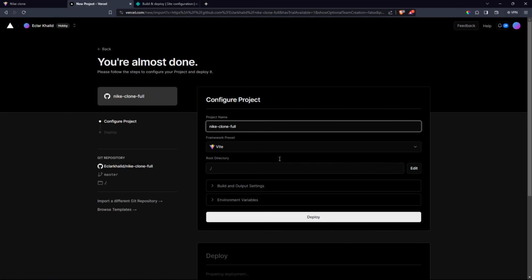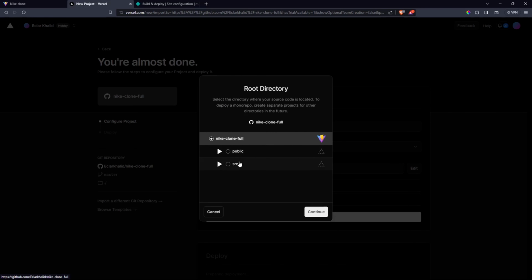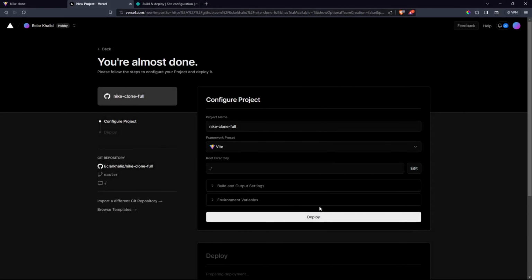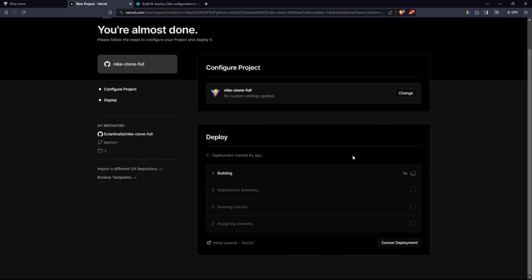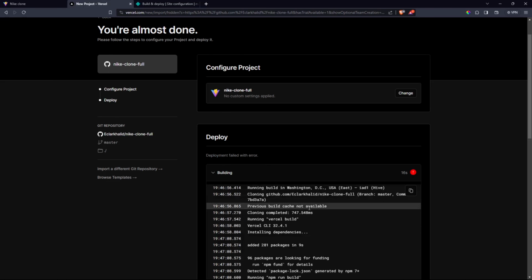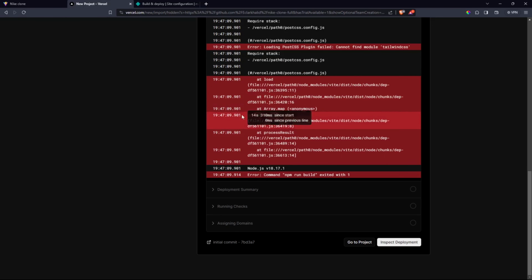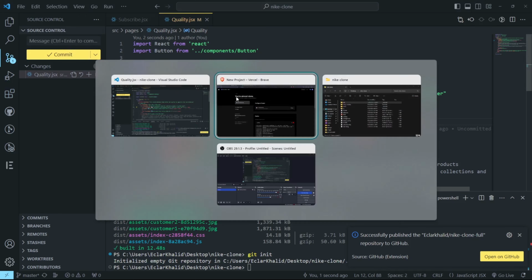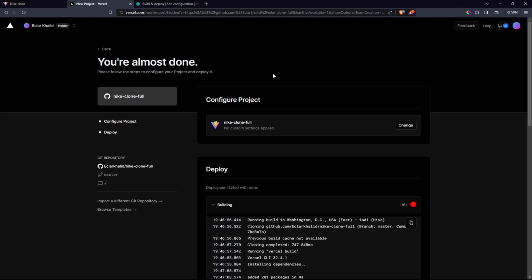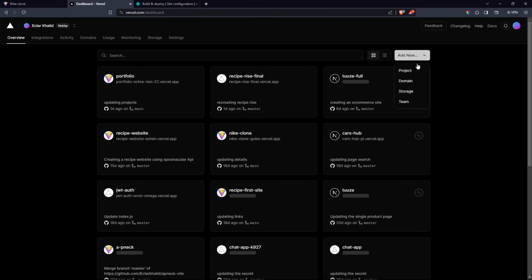I'm going to import it, and then I don't think there's anything you are supposed to change here, unless in your folder you have a client and an API. So you're going to come here and click edit, and then select your folder, let's say API and then client. But because for us it's only the client, we're going to hit deploy. So let's wait for it to deploy. If we have any error in our deployment, it normally tells you that it has stopped deploying, and it tells you the error and where the error is coming from. So you can see we have an error also, and the error is PostCSS plugin cannot find module tailwindcss. I didn't check it because I was recreating it, so maybe I have errors in my Tailwind CSS config, but you're not supposed to get that when you are deploying yours. So let's just do another project,